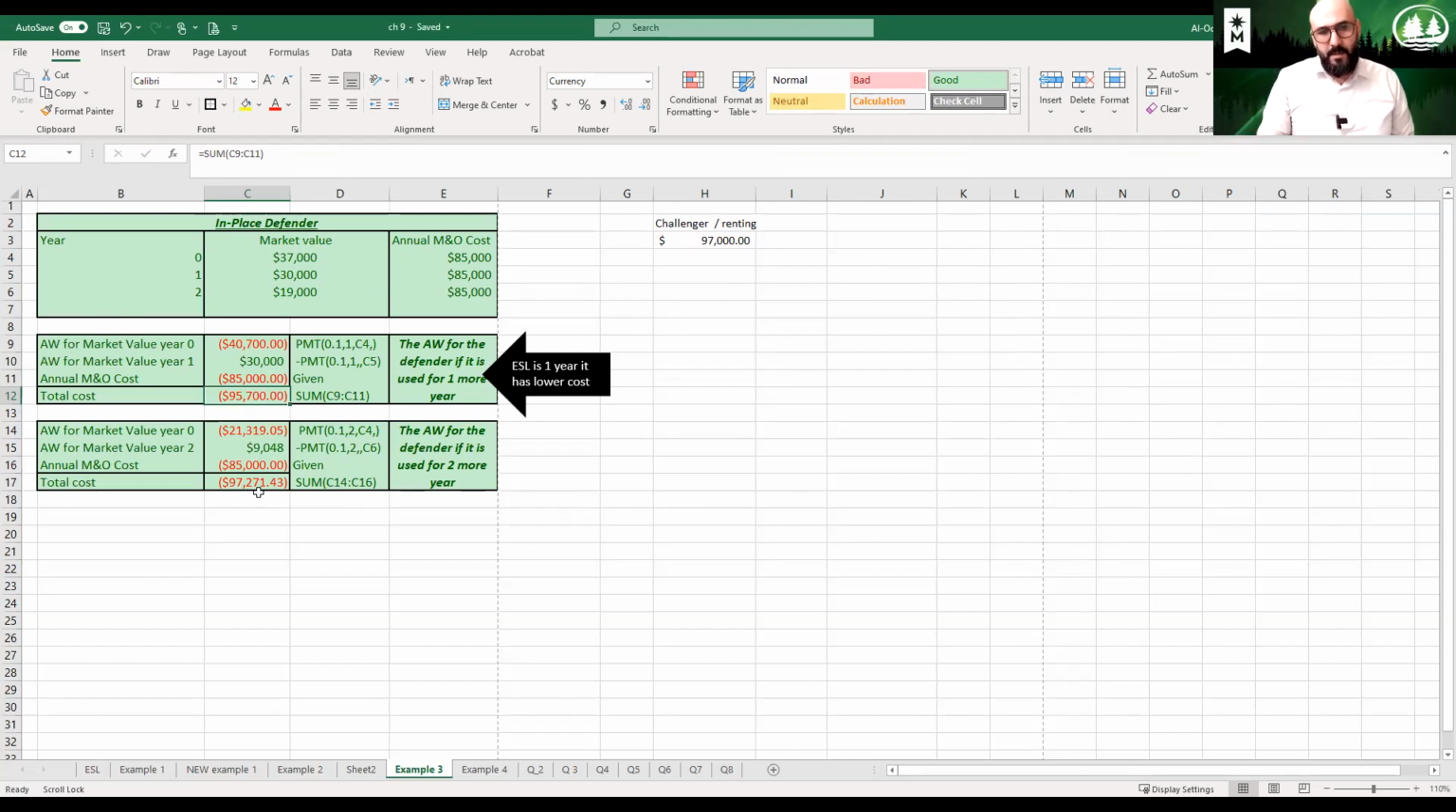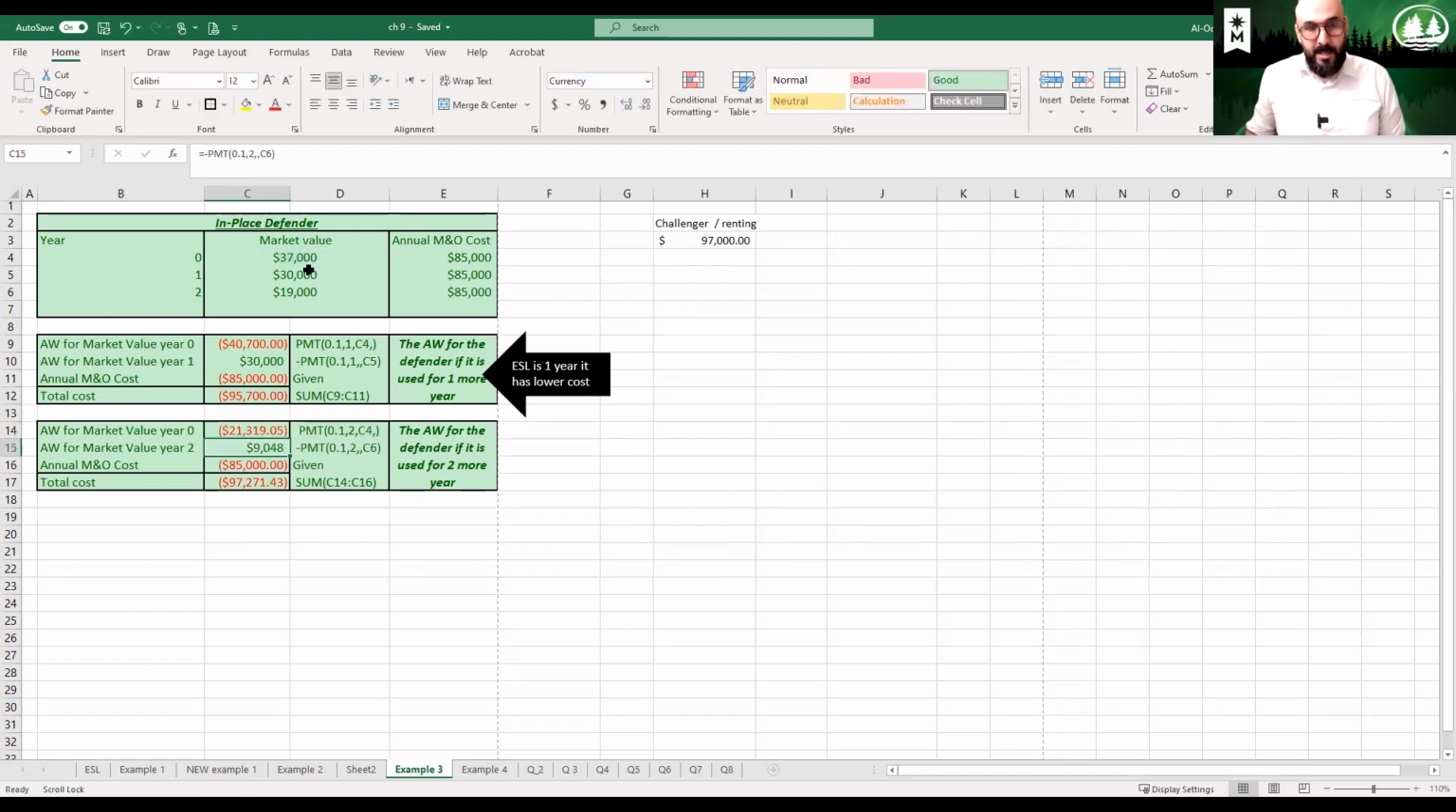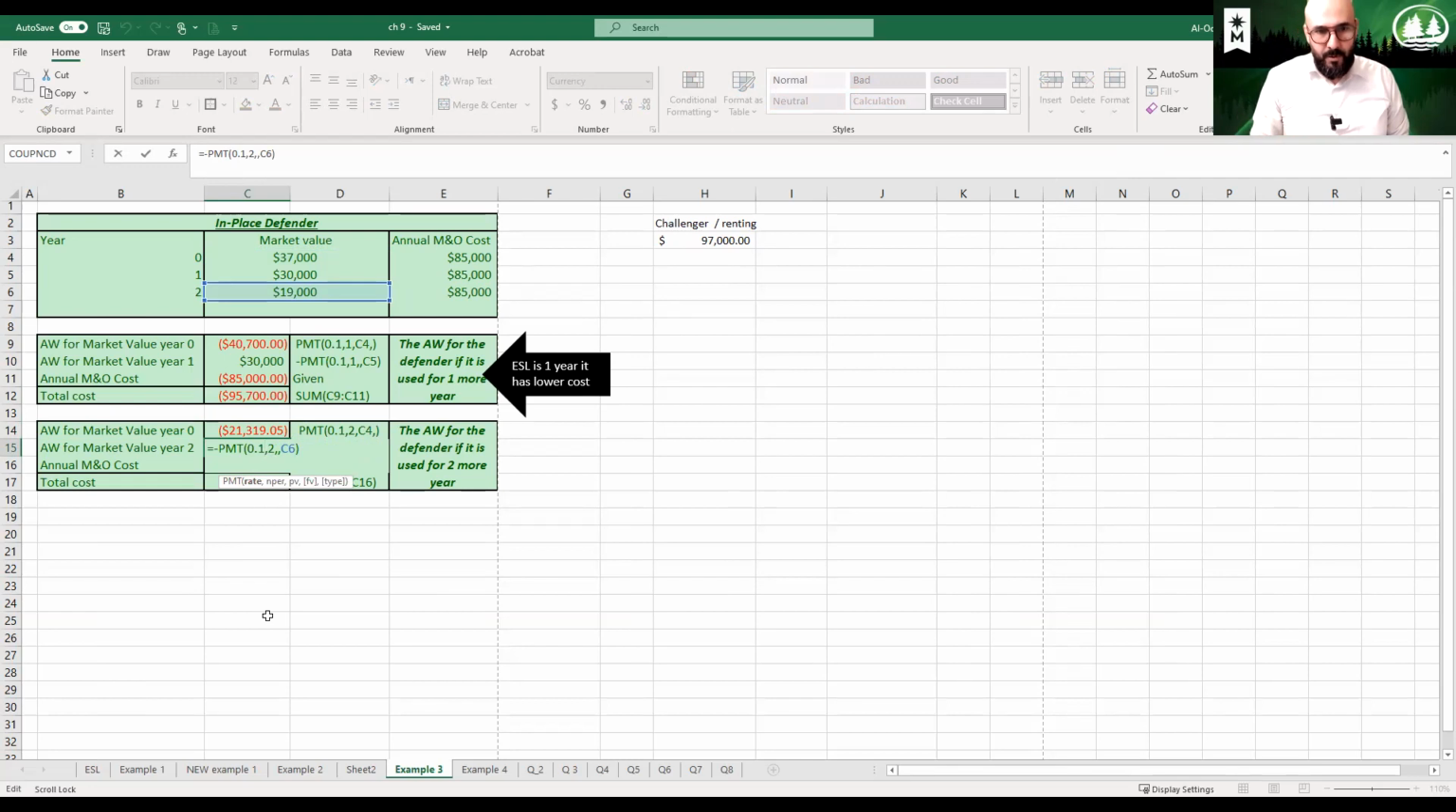All right. Now let's take a look into the second year, if we should keep it for 2 years. For sure, we're going to keep it for 1 more year, but we're not sure about the second year. The annual worth of the market value would be calculating the annual worth of the initial cost, which is 37,000 here. We're going to keep it for 2 years for this scenario, and 10% is the interest rate. The market value for keeping this asset for 2 years, which is basically the salvage value, is 19,000, and we find